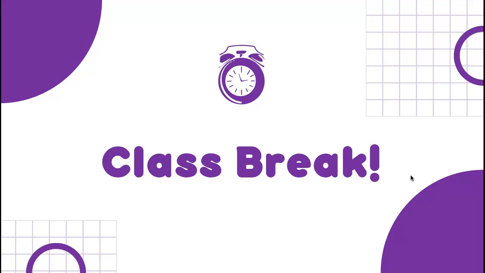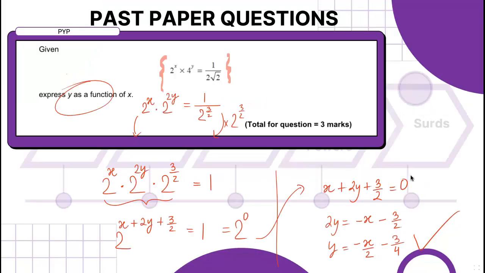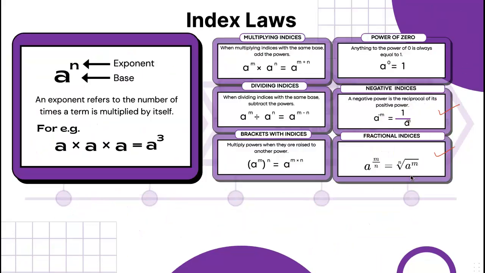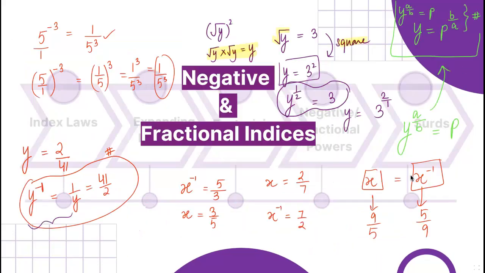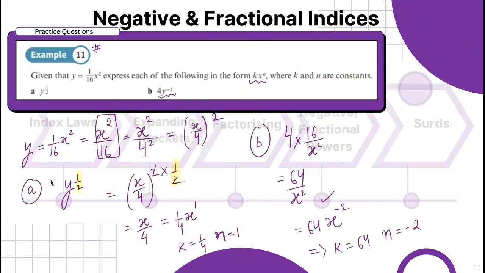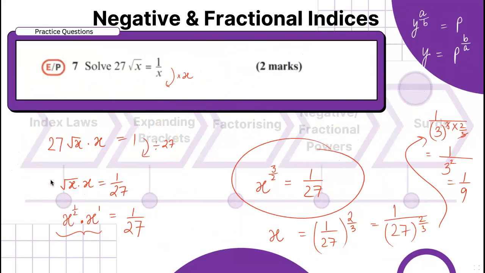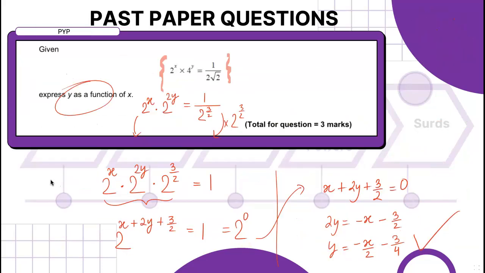Oh wow! Class break! Okay, let's have a quick recap of the questions. Of the understanding, I feel like this corner method, which is written in green, is very important. If you just wrote it, if you jotted it down, that is very good. The inverse thing is also called in many questions, so you should be very clear with the inverse thing. Yeah, the rest is okay, not difficult. But most importantly, these questions we can also solve using surds. But yeah, we can also use the fractional indices. Hope that makes sense.